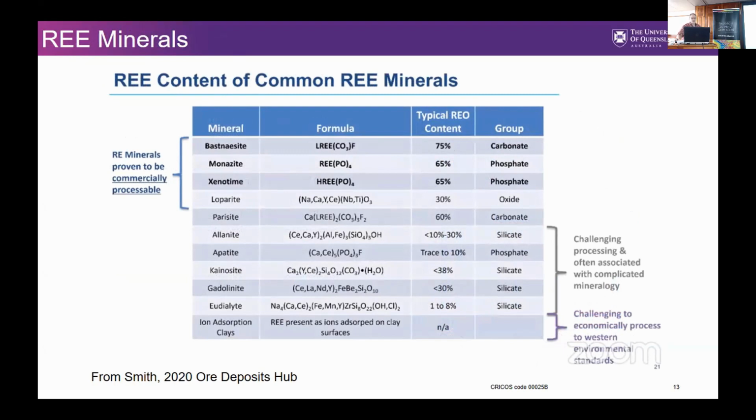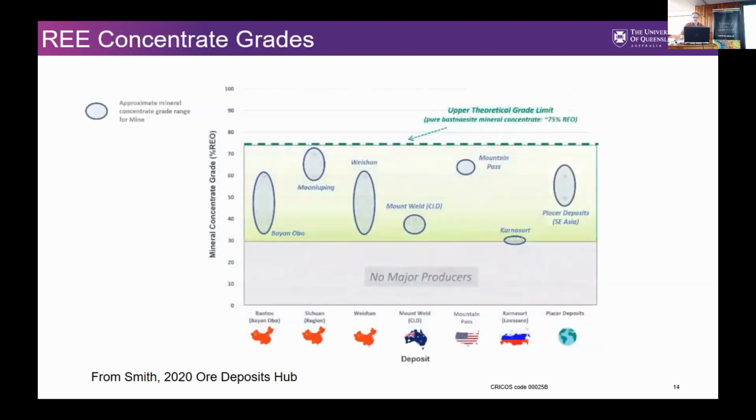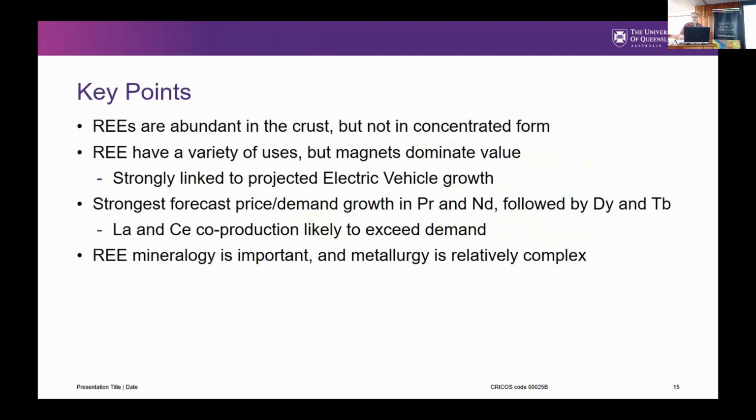So that's one of the challenges, of course: if your deposit's full of eudialyte, you're never going to be able to concentrate it past about 8%. If you do a mineral concentrate, you have to find some other way to deal with it. And the other point there is that when you look at most of the operating deposits now, they actually achieve a concentrate of between 30 and 75% before they actually start treating it chemically. But saying anything more about that would be stealing the thunder of the metallurgists who actually know what they're talking about. So I won't say anything more on that front, other than to say rare earths are abundant in the crust,